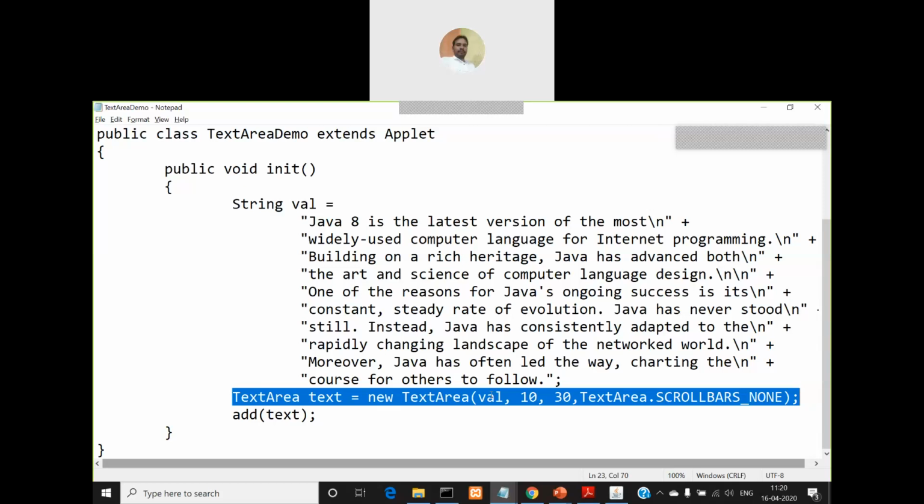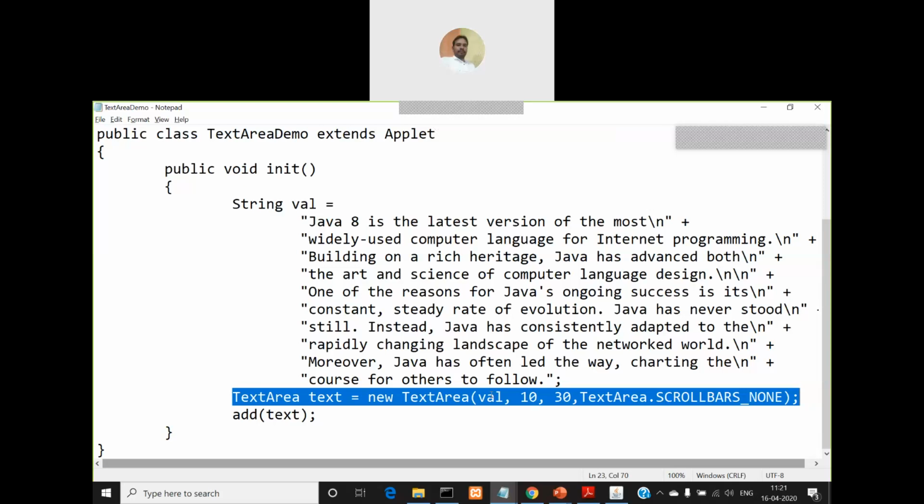So you have SCROLLBARS_NONE. SCROLLBARS_NONE is nothing but no scroll bars will be displayed, both horizontal as well as vertical scroll bars will not be displayed. Another one is SCROLLBARS_BOTH, which will display both the scroll bars, that is horizontal scroll bars and vertical scroll bars also.